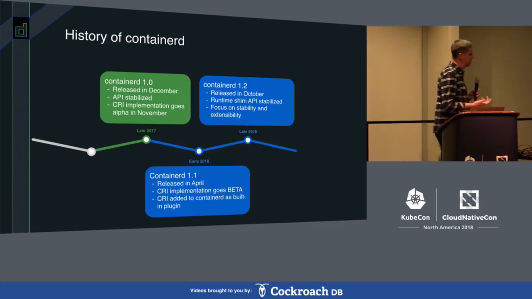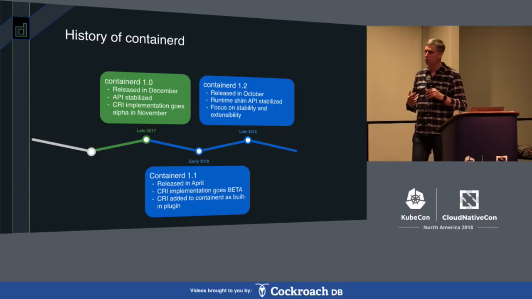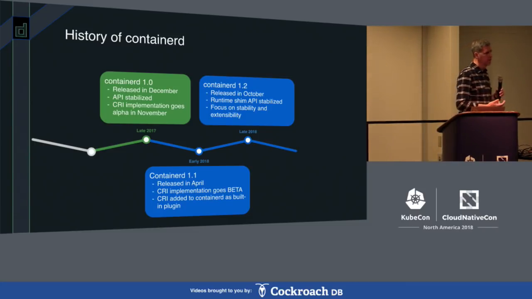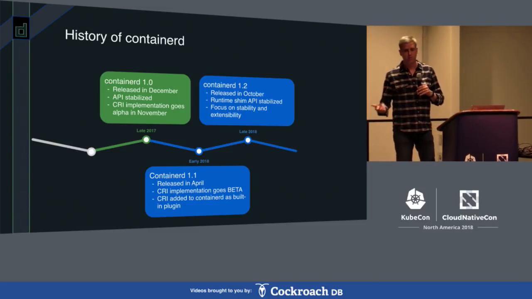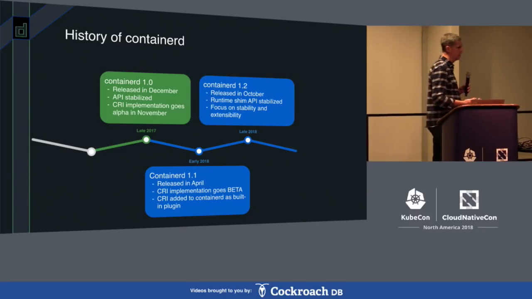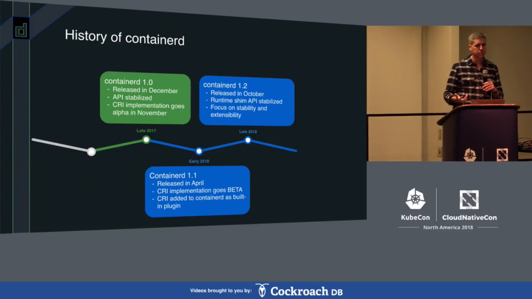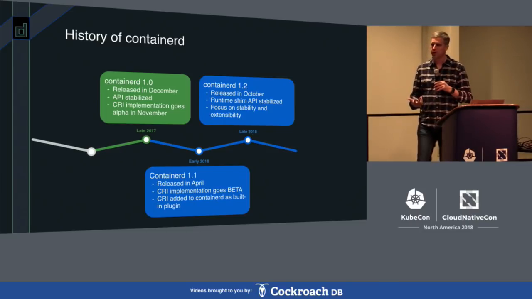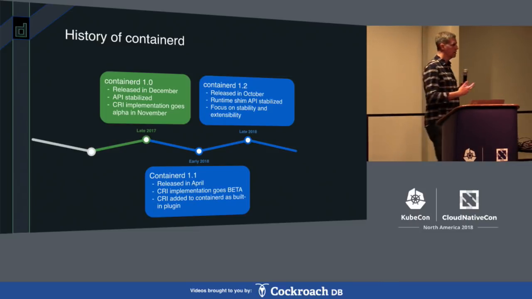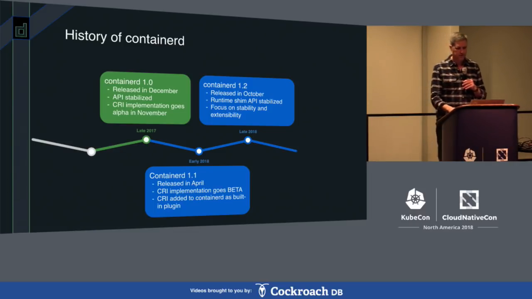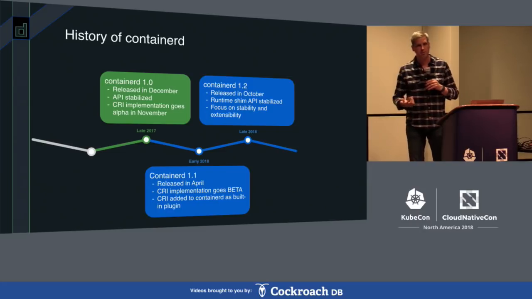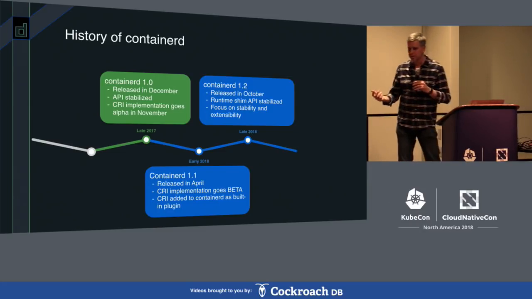As the year has progressed, we did a 1.2 release just a few months ago. We stabilized the shim API, so now you have other runtimes other than just runC. So if you've heard of gVisor, Kata Containers, maybe you recently heard about AWS's Firecracker project, they're all able to use this runtime pluggability within Containerd so that you can use Containerd from a higher layer but drive different runtimes underneath. And so again, a lot of that work went into 1.2, as well as, I don't think we listed it here, but